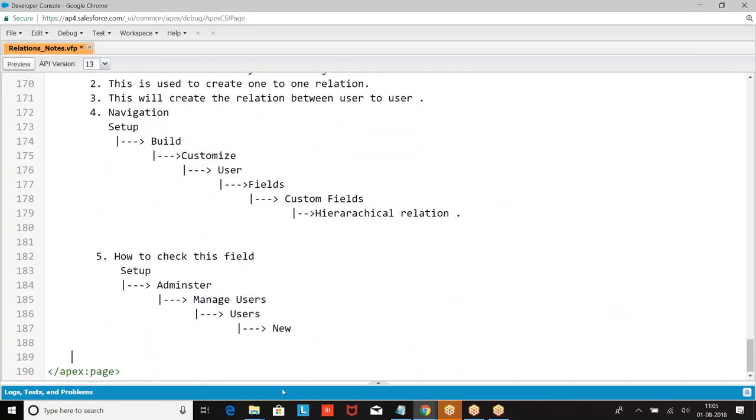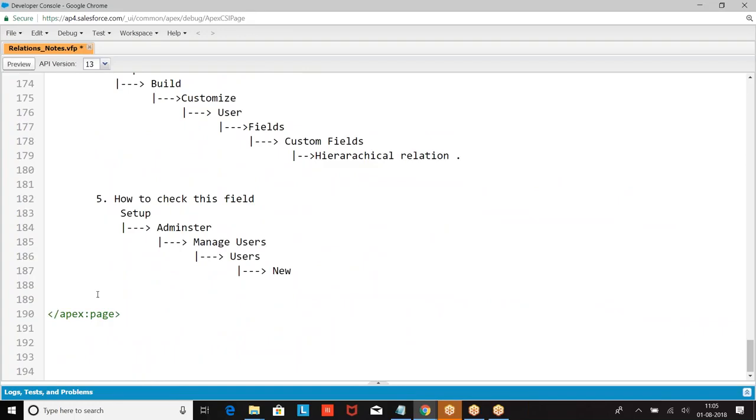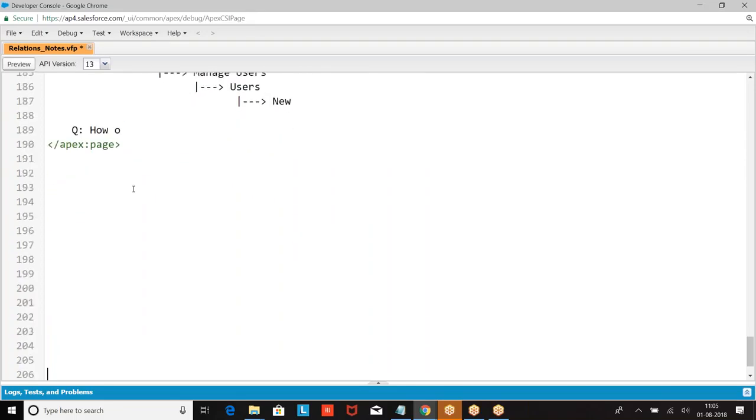Now the requirement is how to create master detail field on the object which already contains the data. How to create a master detail field on the object which already contains the data.